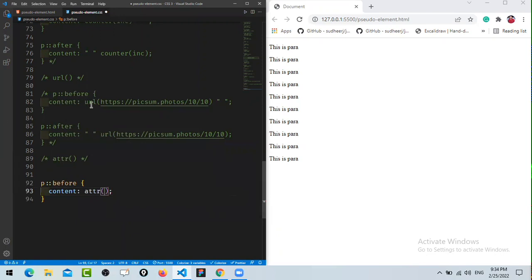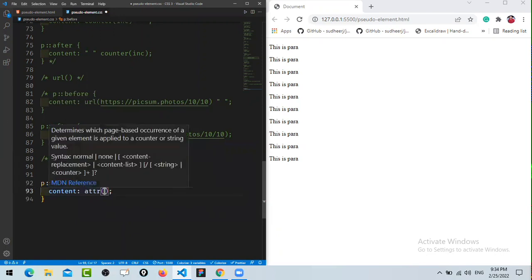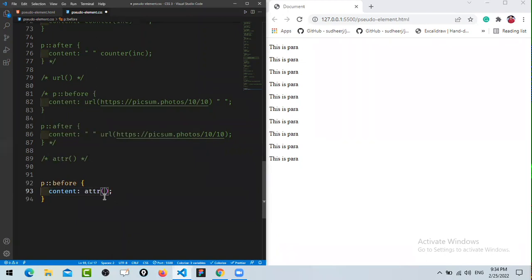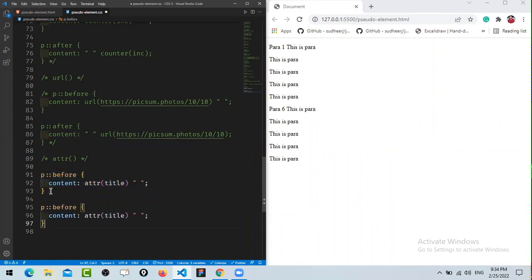We were using url here. Now we have attr. In that, which attribute value do you want to display? That attribute name you have to mention over here. So here we have attribute title, so that value we are getting now. One space we can put here. That we can do by using this. Now instead of this one, we can use